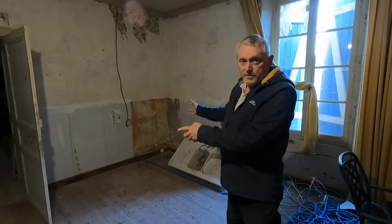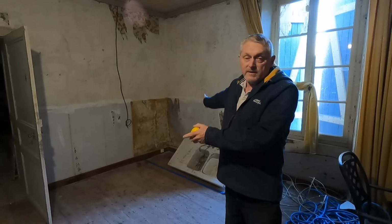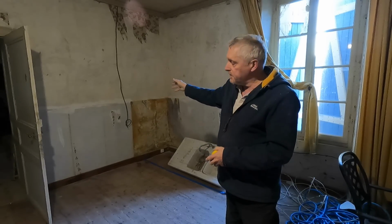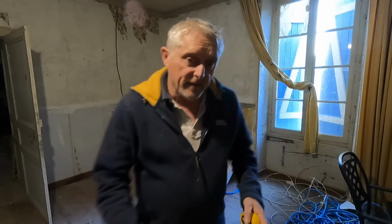So we've got plenty of room there. We've probably got 170 centimetres in width. So we've got plenty of room to leave the oven there, plus the cables are already in. So we'd have the oven there, sink here. And then,